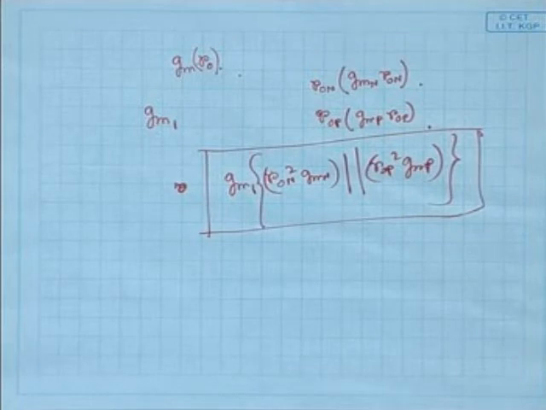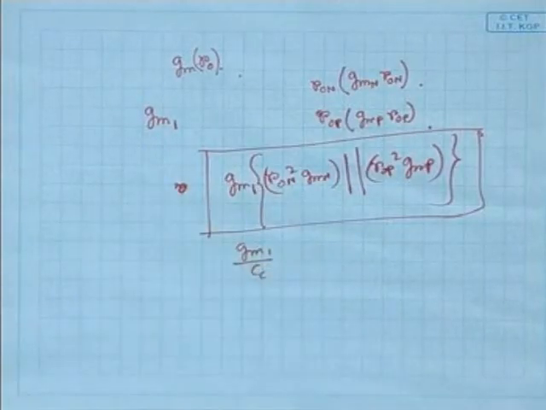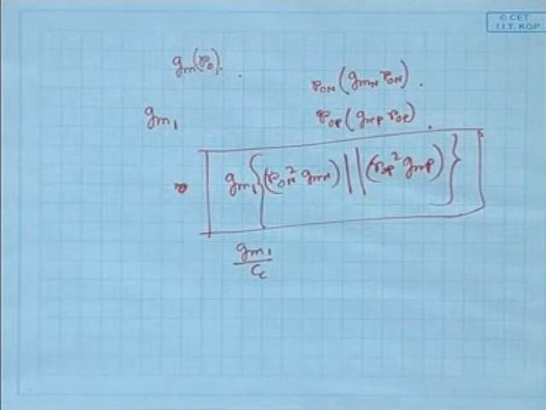Cascoding has some disadvantages. Can you guess what is the disadvantage of the circuit? No, you can say bandwidth. Actually, what is the bandwidth? Actually, Gm1 by Cc. For a particular configuration, if you just change the bandwidth, the gain will correspondingly change. But this is a different configuration. To increase gain and bandwidth there are different topologies, but this circuit will increase gain.